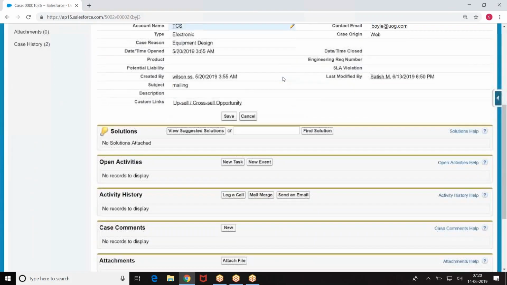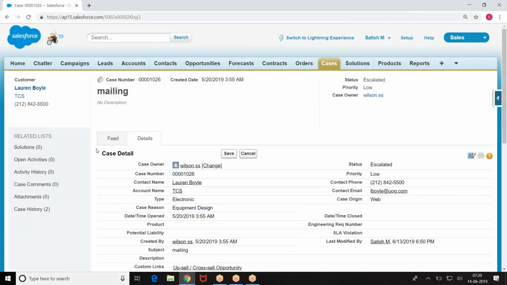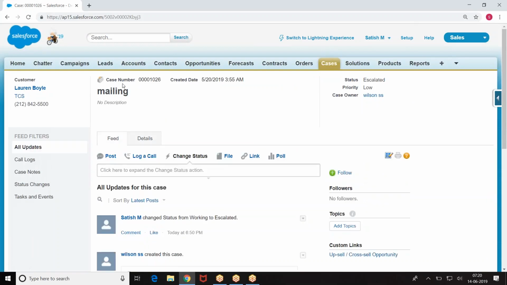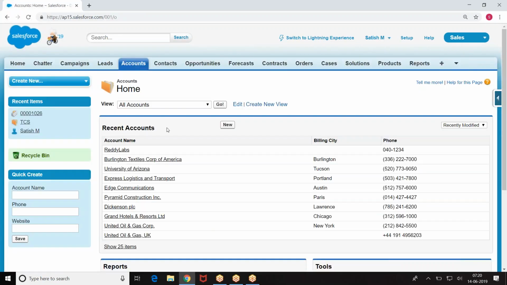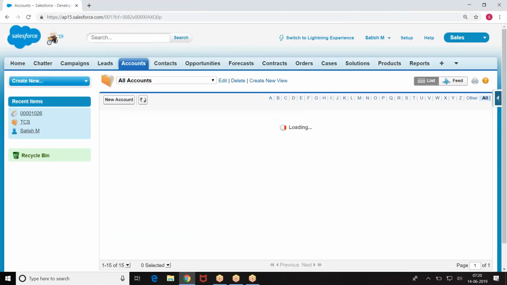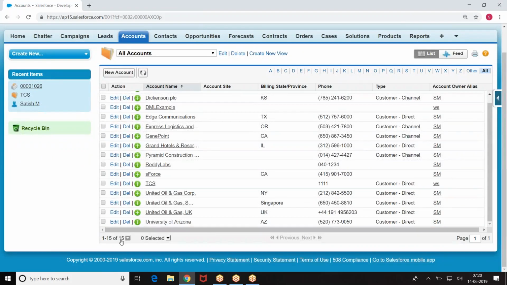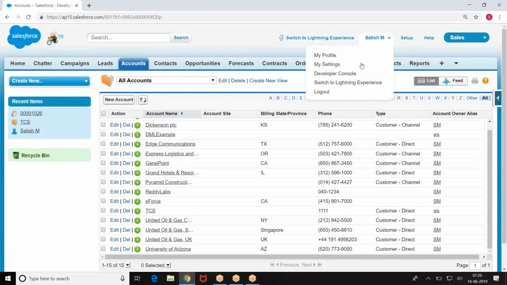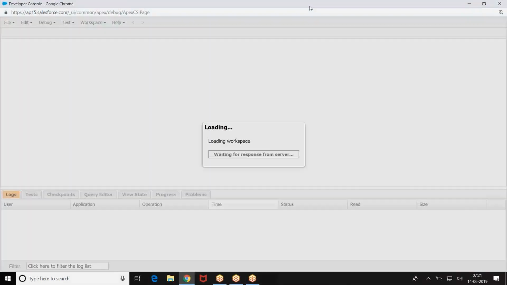Right. So we have the following records here. How many records did we have here? We had 15 records. But I want to fetch all the records, the records which are deleted but still in the object.